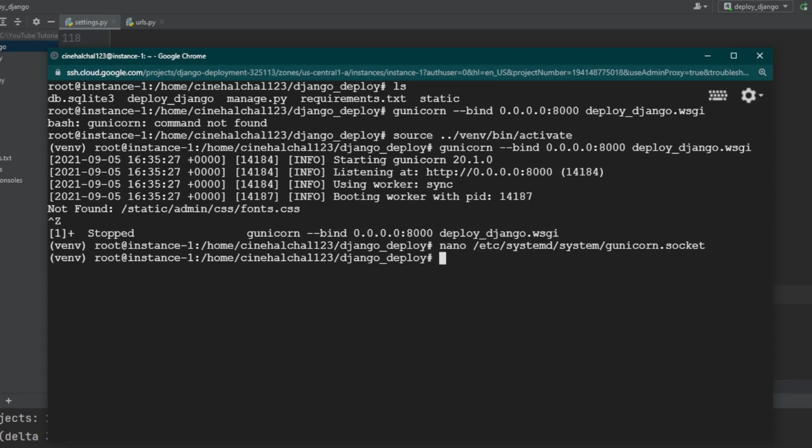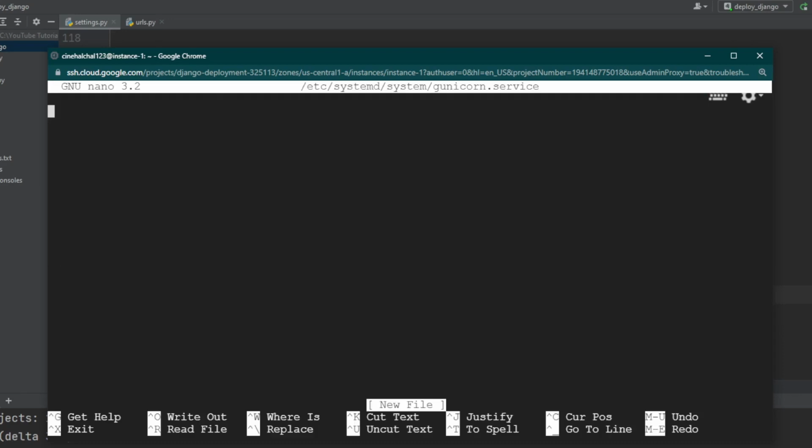Now create and open a systemd service file for Gunicorn. For that, we can write nano /etc/systemd/system/gunicorn.service. The service file name should match the socket file name except the extension.